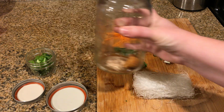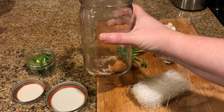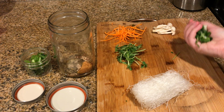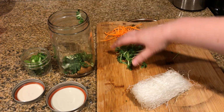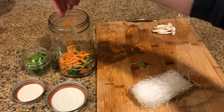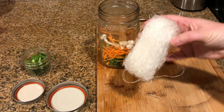So to make your own cup of noodle soup, I have a mason jar, and in the bottom I put a ground up beef bouillon cube and some miso paste. Then I'm going to add my veggies. So I have some bok choy, some sprouts, some carrots, and some mushrooms, and then I'm gonna add my vermicelli